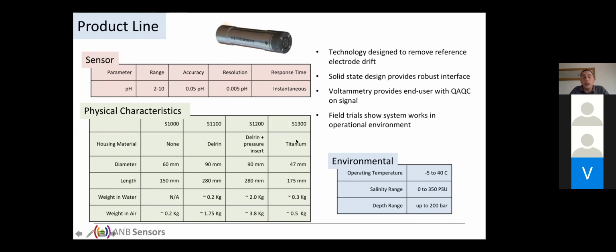Our product line is shown here. We have a range of sensors, and our aim is to address different types of markets, where we have OEM kits, which may be placed into sonde manufacturers, and then standalone systems for different depth ratings. I'm hastening to add, currently our S1000 and 1100 series are the ones that we've got towards the commercialization stage, and the 1200 and the 1300 are still in their development stages